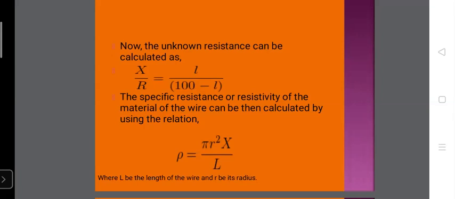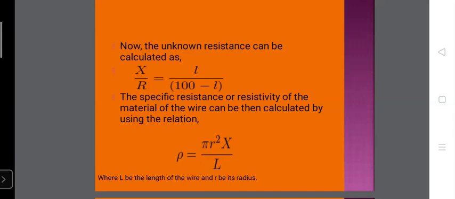Clear? There is no change in the position of the balance point if the galvanometer and cell are interchanged. Now it is important to get the balance point near the midpoint of the wire, because then the resistances in the four arms of the bridge are of the same order. So the sensitivity of the bridge is maximum and the resistance is determined more accurately. Clear? So I think the Wheatstone bridge and meter bridge are clear to you.